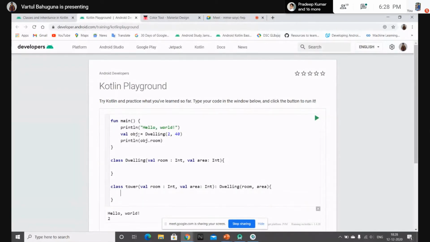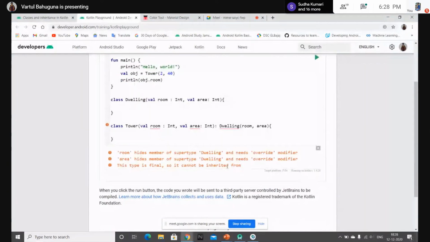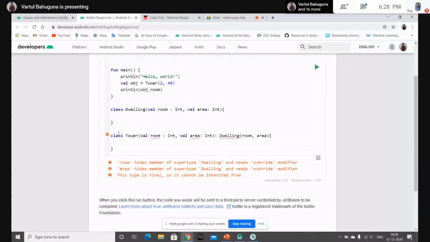Okay, that's it. Now, rather than creating the object of dwelling, let's create the object for tower. Let's just follow the camel case writing. Okay, so now we are expected to have an error, and yes, it says the type is final, so it cannot be inherited. Sorry, the class dwelling cannot be inherited because, as I told you, all the classes in Kotlin are by default final and they cannot be inherited.